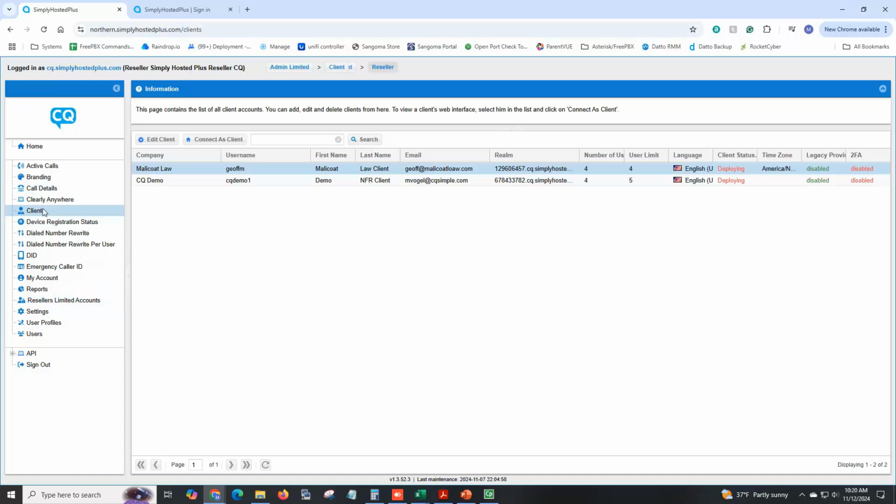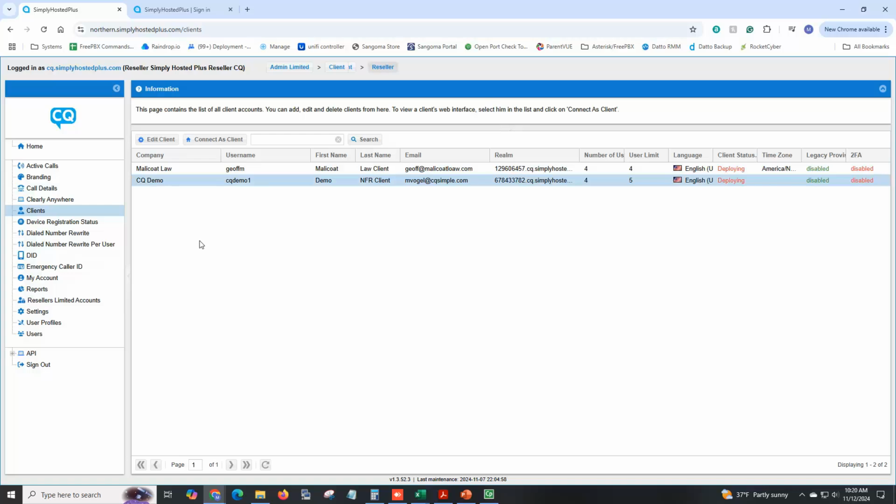All right, so let's go back, click on Clients, and let's just say we want to do some programming here. We want to actually program this CQ demo system. Click on Clients, click on the one you want to program. The other thing before I go in here, this does show you some information about the customer. It shows you how many users are currently